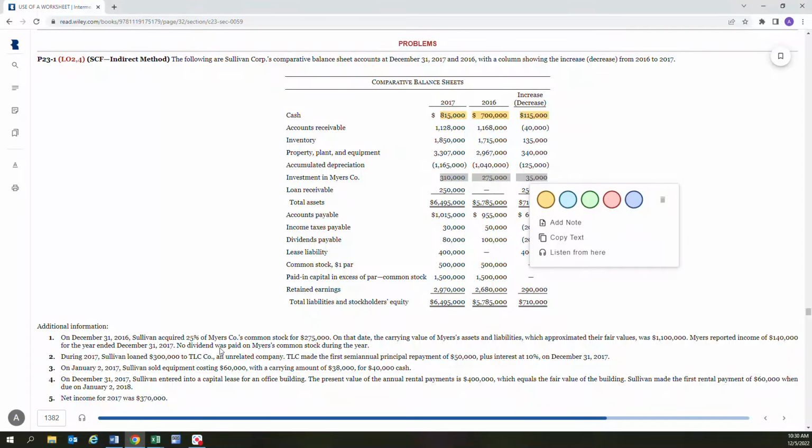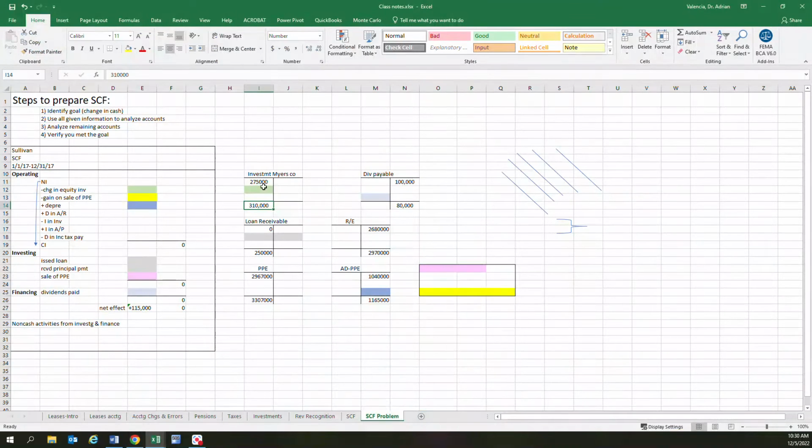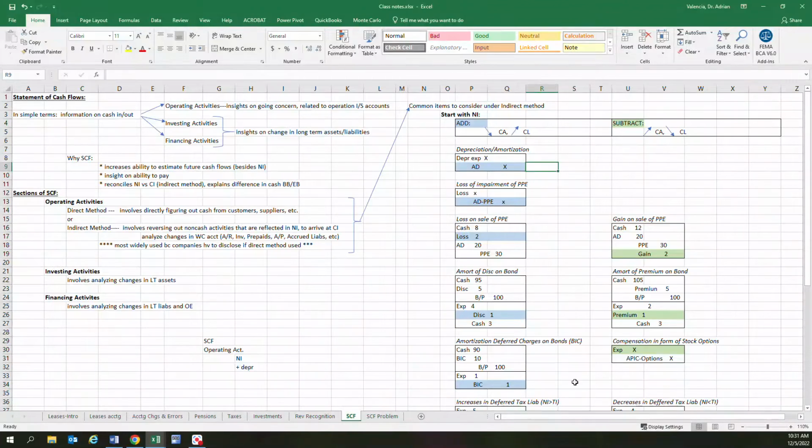And I'm going to explain that change. From 275 to 310, that account went up by the amount of profit that I have to incorporate, which is 25%. That equals $35,000. So when I put $35,000 in here, that's a debit to the investment. And if you recall from when you did this first part,